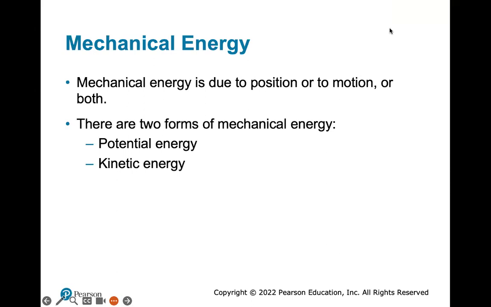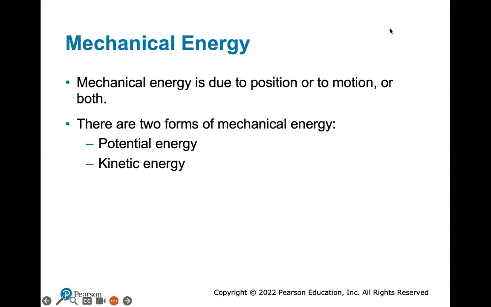As a matter of fact, we'll see if you throw a ball up in the air, as it rises, it transfers from kinetic energy to potential energy, becomes all potential energy at the apex of its travel, and then begins a conversion of potential energy to kinetic energy. There's a constant transfer of potential and kinetic energy, and we'll see that with either a spring pendulum or a regular swinging pendulum. So there are two forms of mechanical energy: potential energy and kinetic energy.